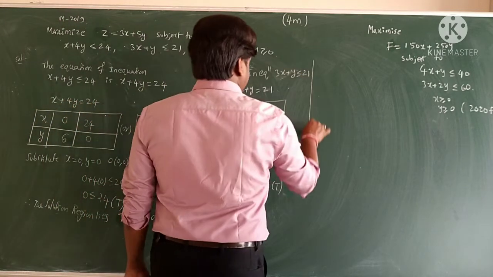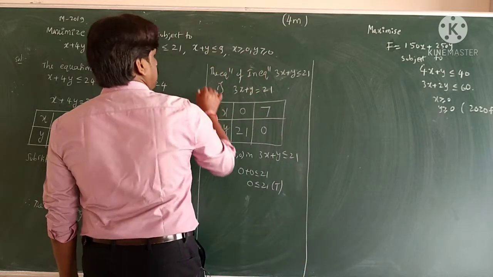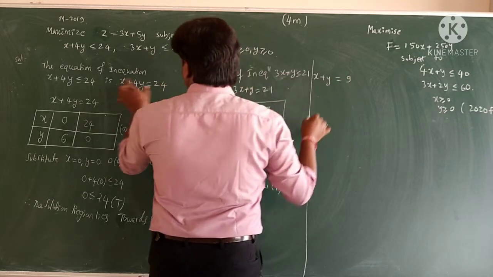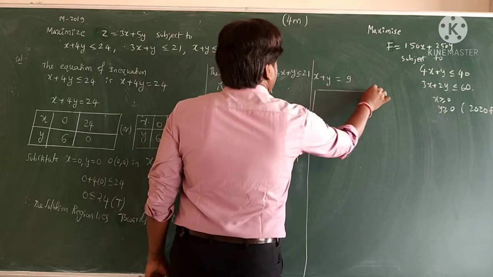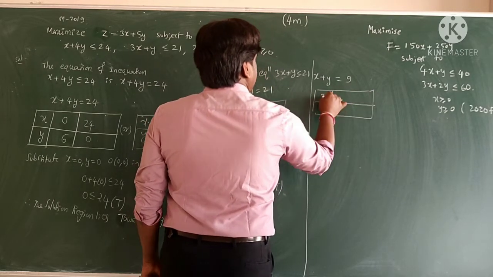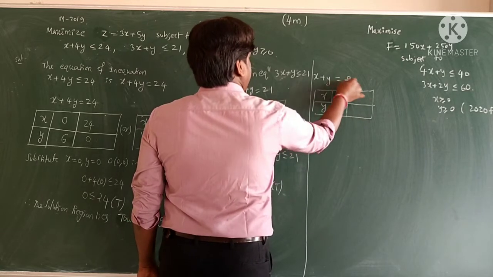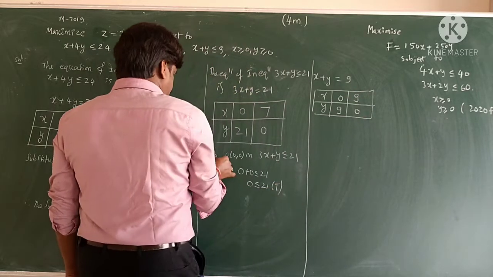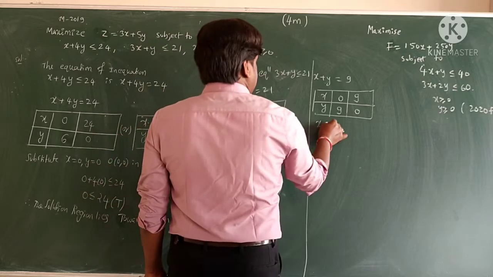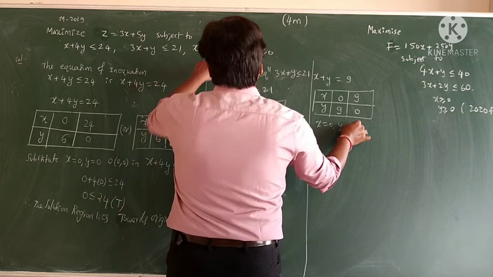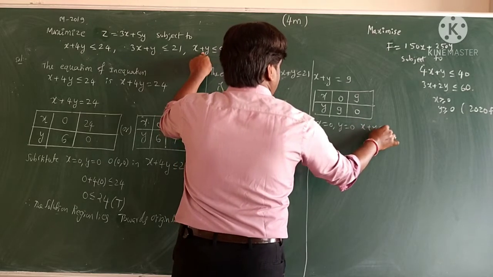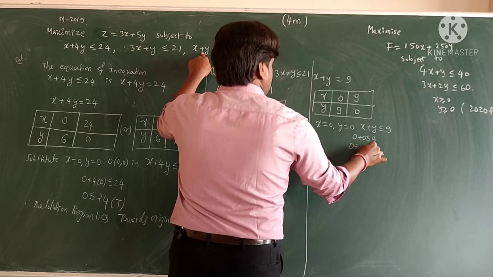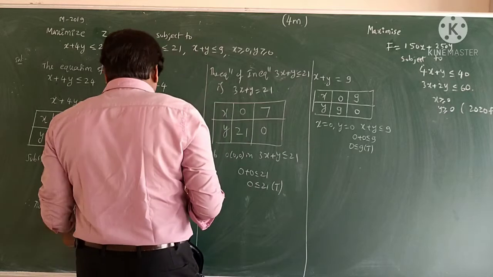Next we go for the third step. The third step is x plus y is equal to 9. We write the same pattern everywhere. Now we can take the box of this: x, y. If I keep x 0, the y value will be 9. If I take y 0, the x value will be 9. However, you are going to write the same thing, substituting x is equal to 0, y is equal to 0 in the inequation x plus y less than or equal to 9: 0 plus 0 less than or equal to 9, 0 less than or equal to 9 is true.